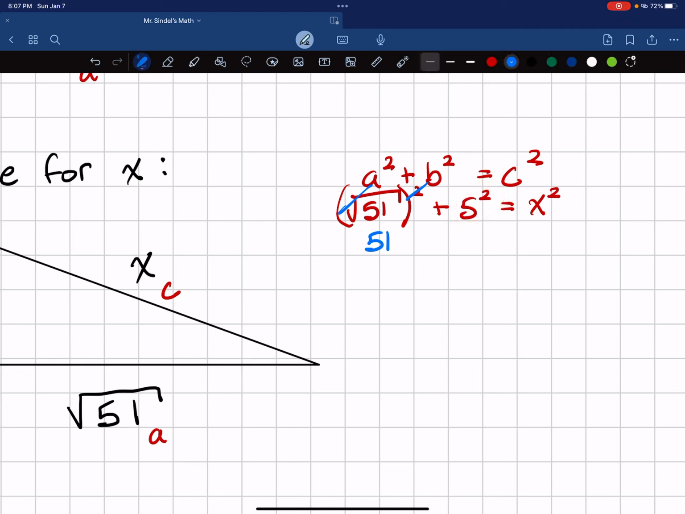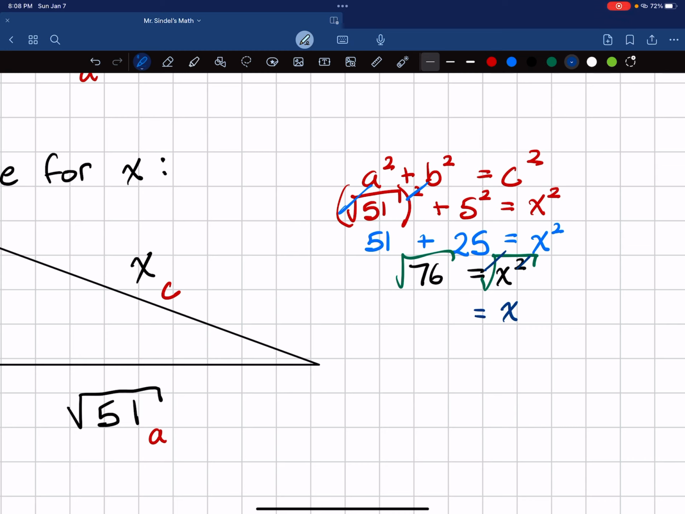5 squared is 25, and that's going to be equal to x squared, which is still x squared. And there's a plus sign in here. I can simply add 51 and 25 to get to 76. That's equal to x squared. And then from here, I'm going to square root the x squared and then square root the 76. Again, the square root and square are inverse operations, so they're going to cancel each other out, leaving me with